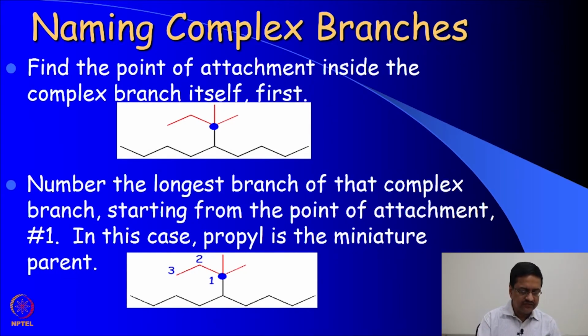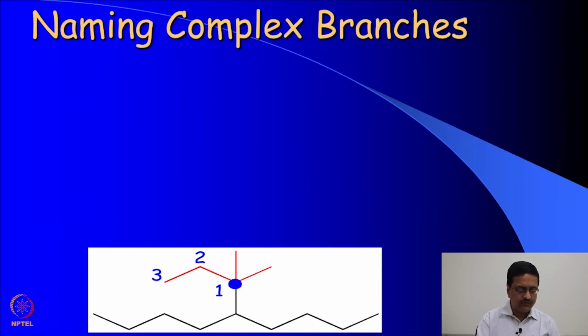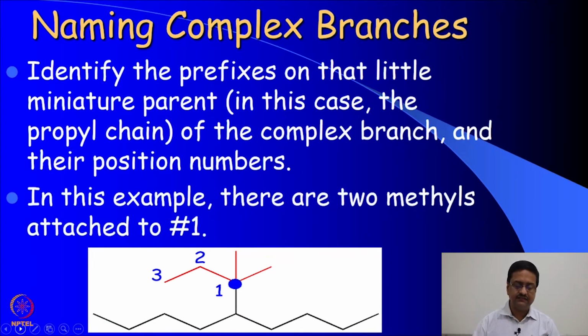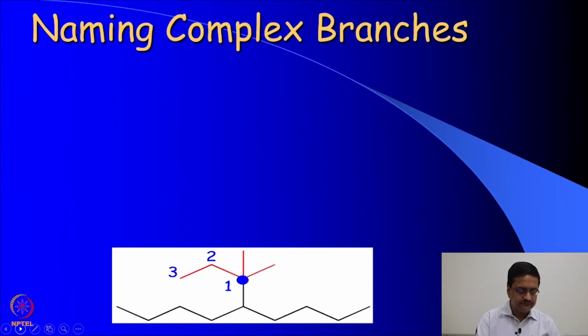So, what we do then is try to write the name of the complex branch. When you have 1, 2 and 3, identify the other prefixes that are present here. In this particular example, there are 2 methyl groups attached. So, when you have 2 methyl groups attached in this branch, we should write it as